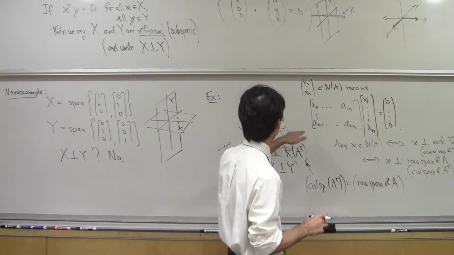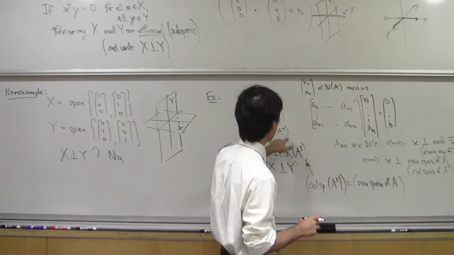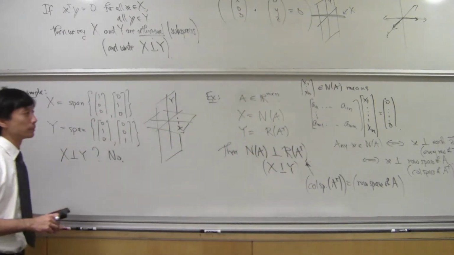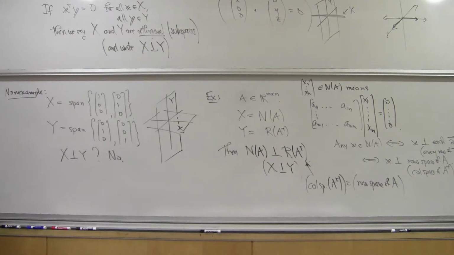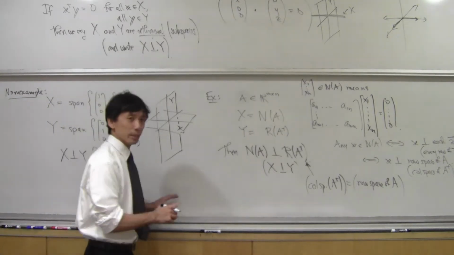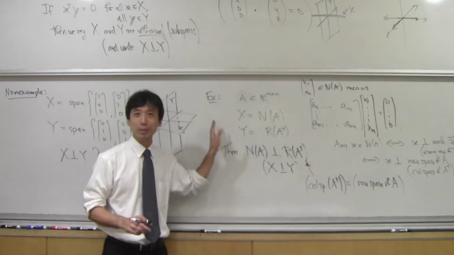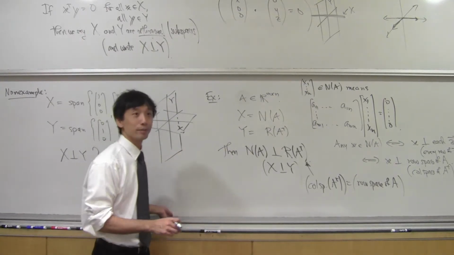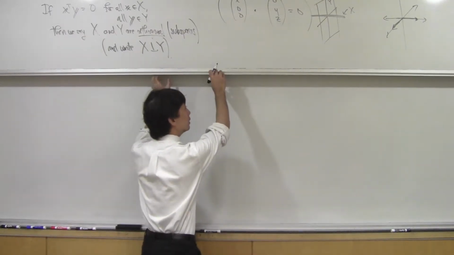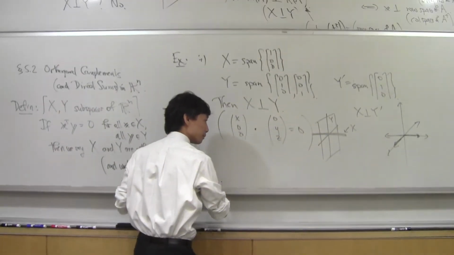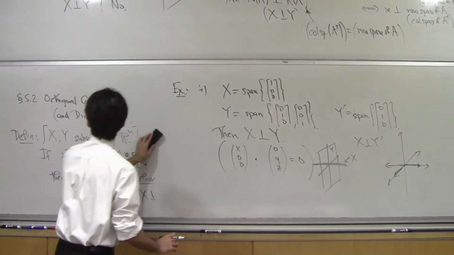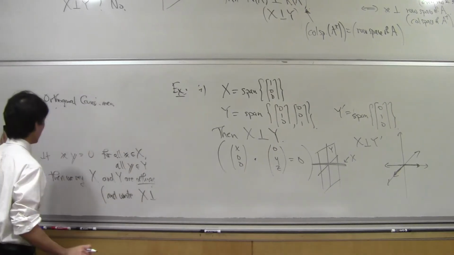So anybody who is in the null space of A is perpendicular to anybody in the range of A transpose. Okay, is that okay? Sorry, it was a little bit not clear. Okay, so that is